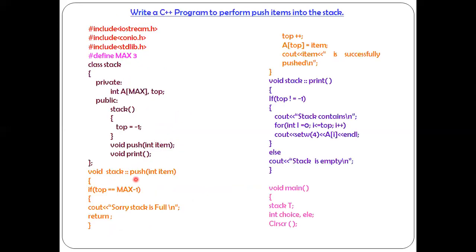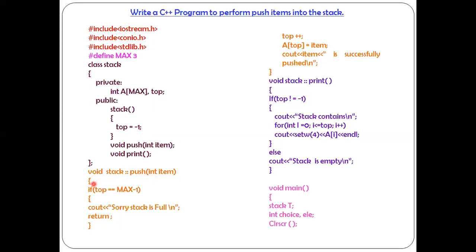It comes here again. I'm executing this member function for the second time, because last time also it was insertion and this time also insertion. Void is the return type specifier. Stack is a class name, and the colons are called the scope resolution. Push of int item. What value has been passed from main to this function? 20. 20 will be copied to item. Item is of type integer.